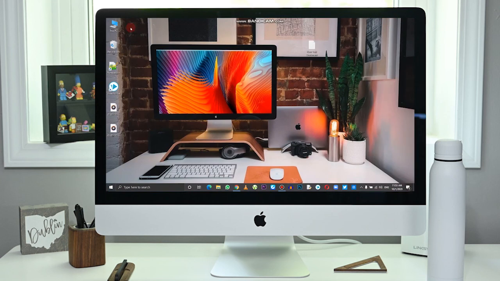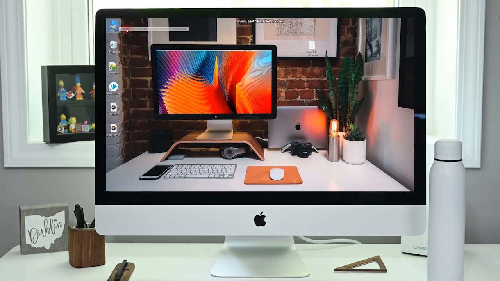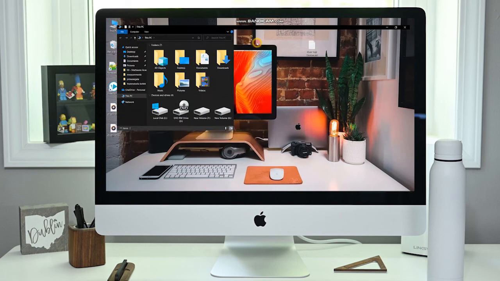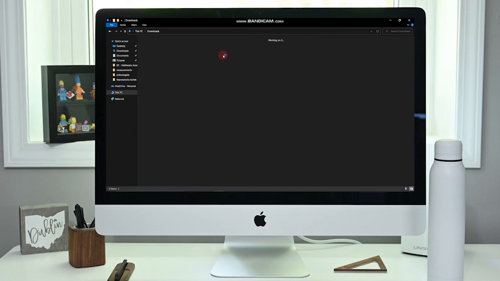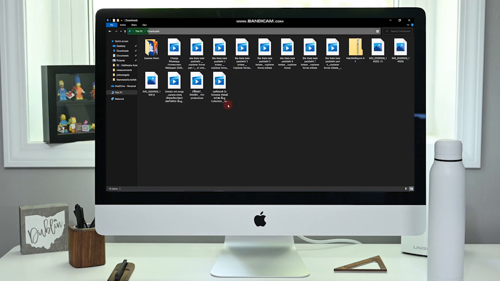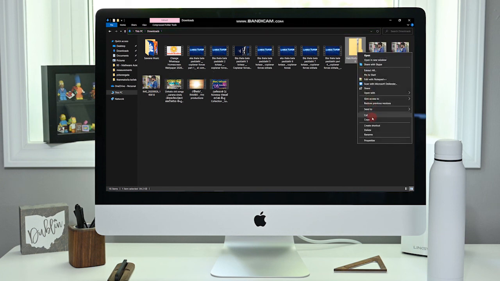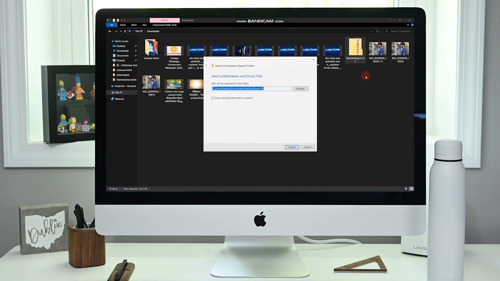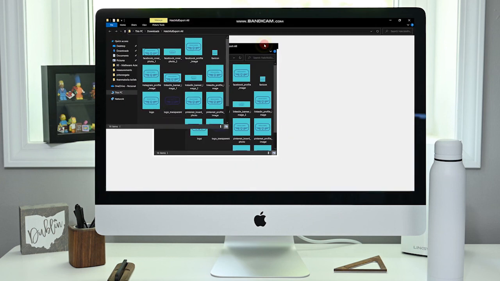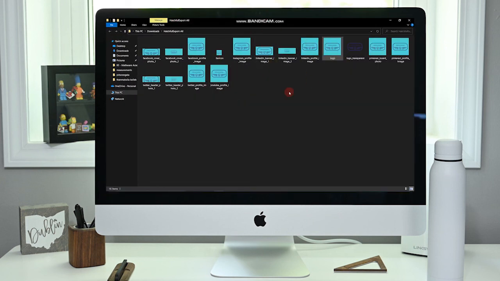Now I go to my downloads. Click downloads. We can see our zip file in the downloads section. Now I extract this zip file. Click extract. Okay, now we can see our logo files.